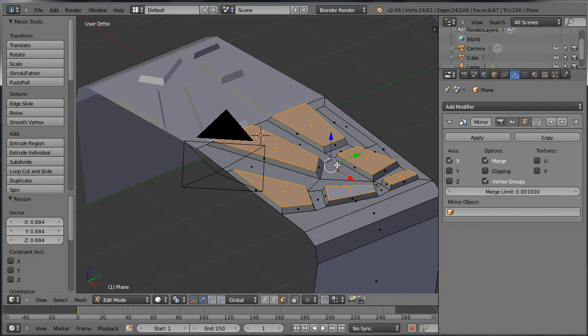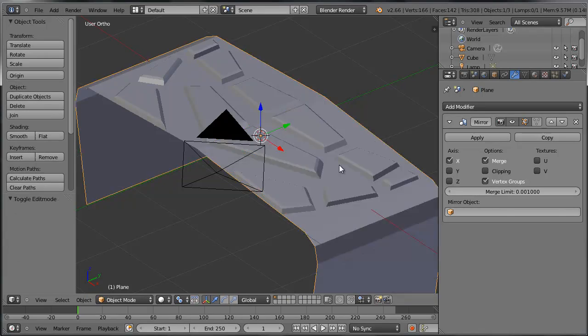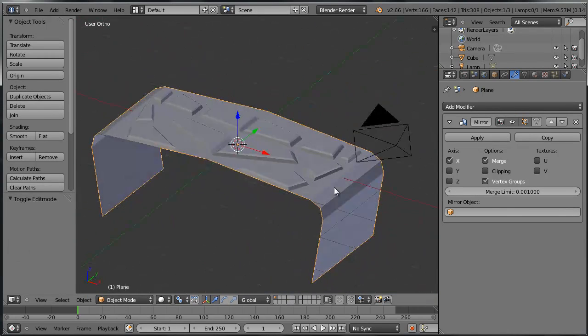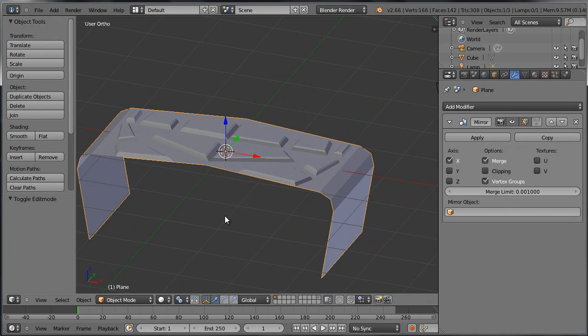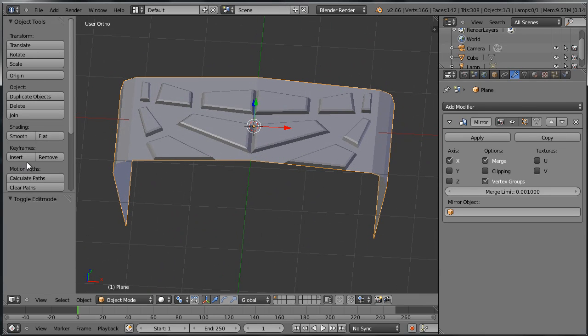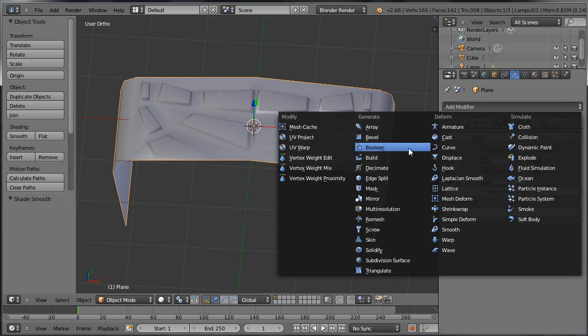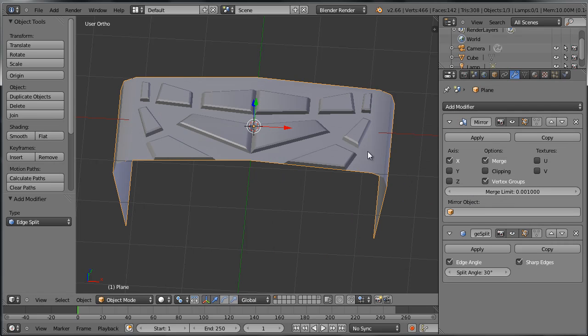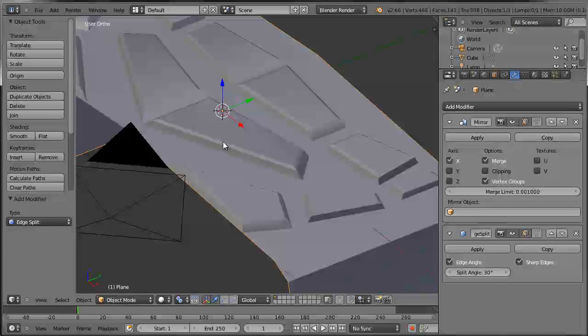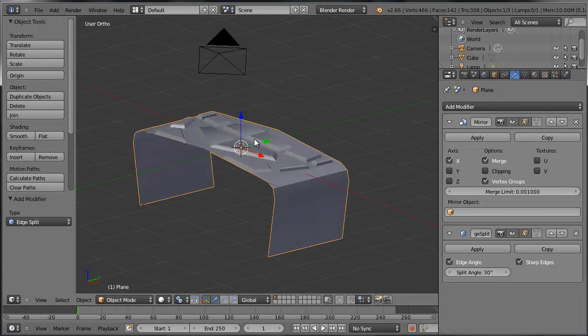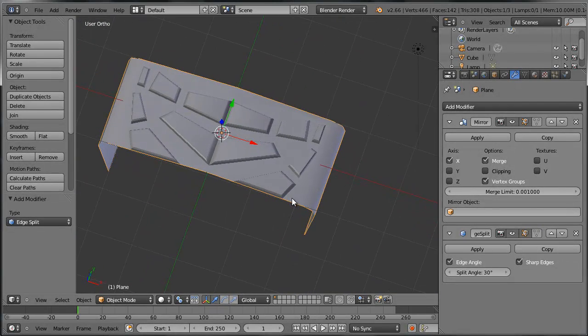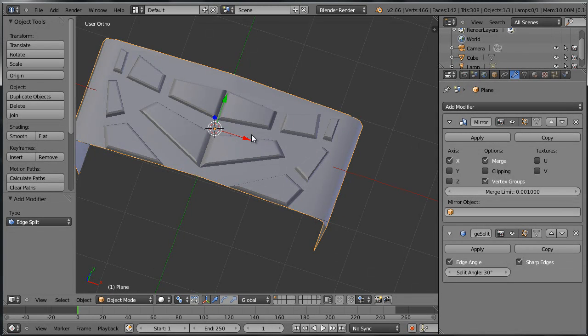Alright, and perhaps you would like to add Control B and add a little bevel to your shape. So we have made something like this. Of course, this is a very primitive shape. We can go ahead and smooth out the geometry and also add the edge split modifier to this tire. Okay. Alright, now what I want to do is, since I have my basic module or basic slice of my tire,